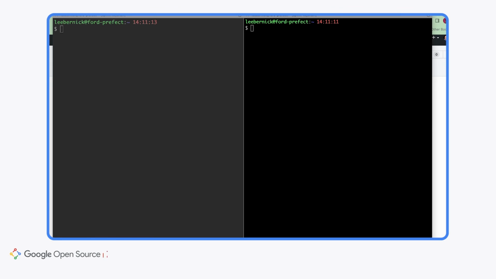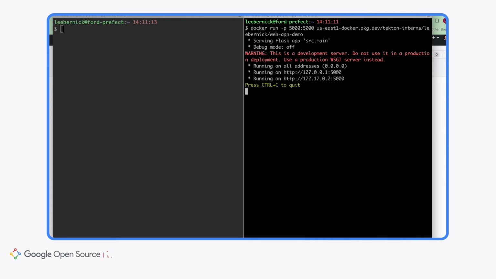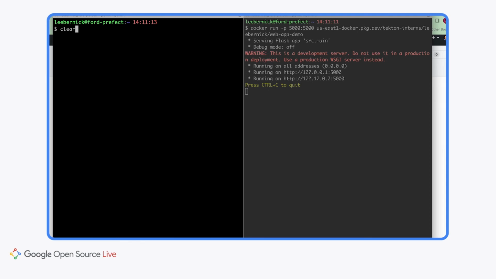Lately, I've been working on a web app for my next big business idea, making animal noises. I want to show you what my web app can do. So I'm going to run it over here in my terminal. And let's make a request to this app and find out what noise a cow makes. My web app is pretty smart. It knows that cows go moo.